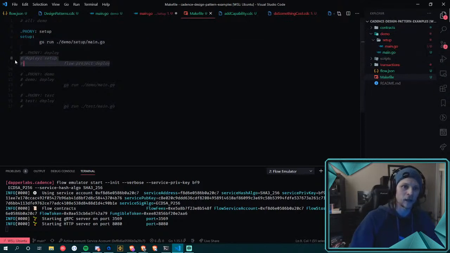And then the next step we're going to call deploy. First, we're going to run setup. And then second, we're going to run this flow project deploy script. I might have to respace things out because it's touchy in this. And then finally,